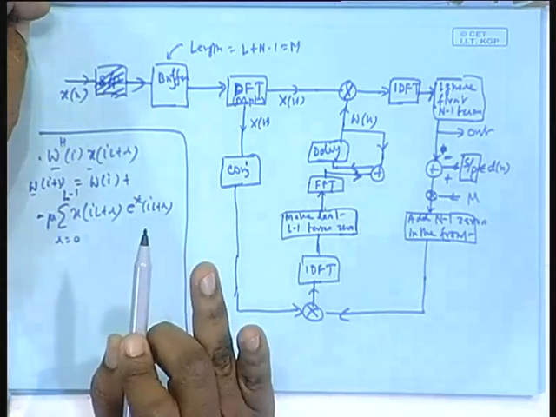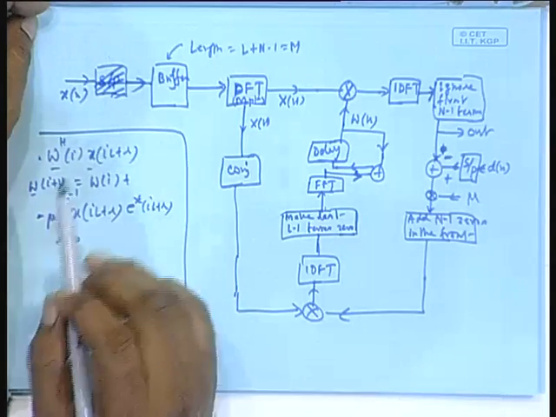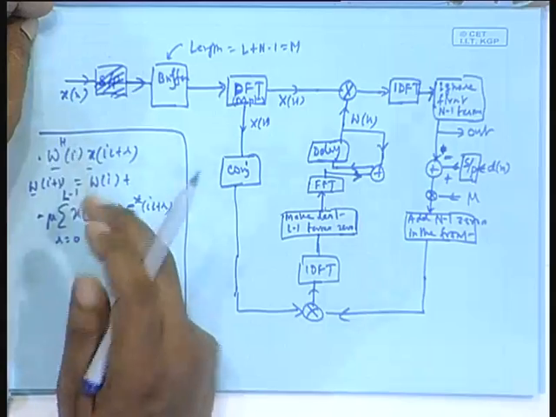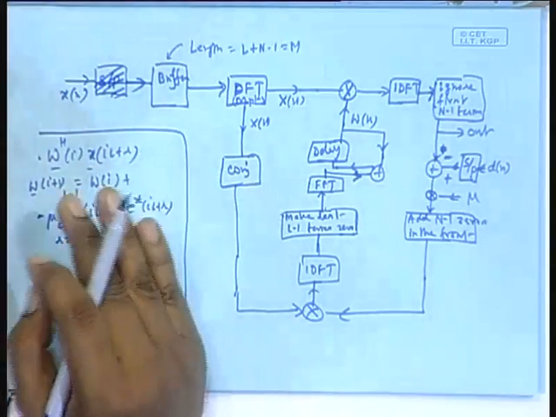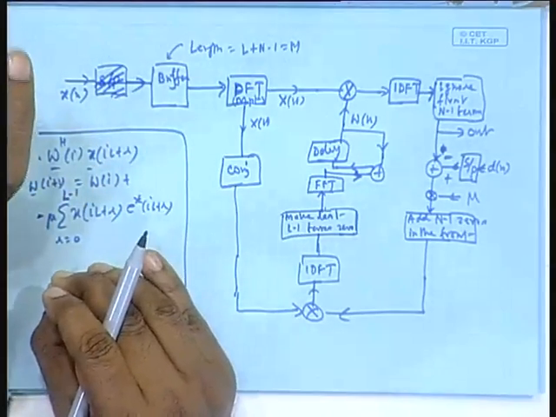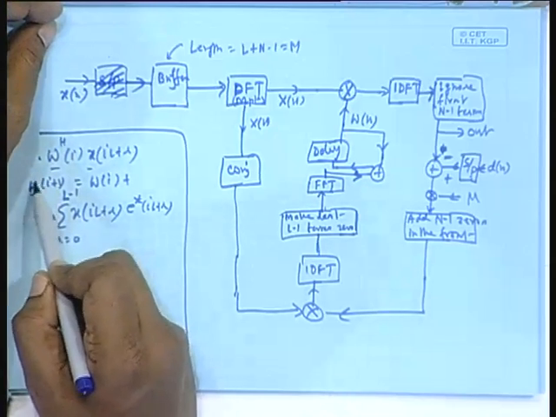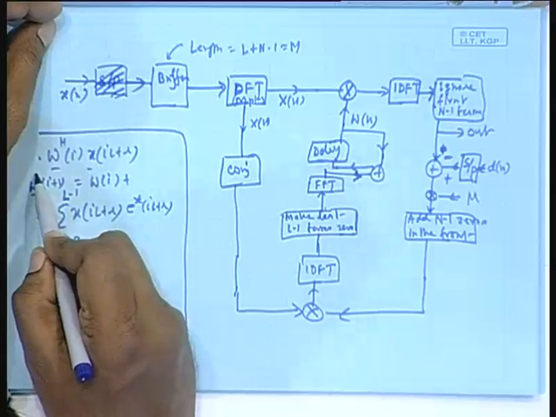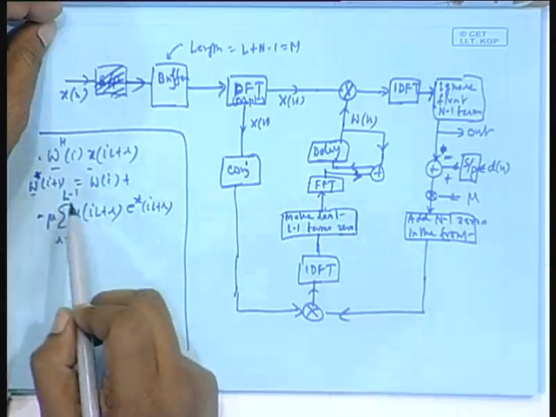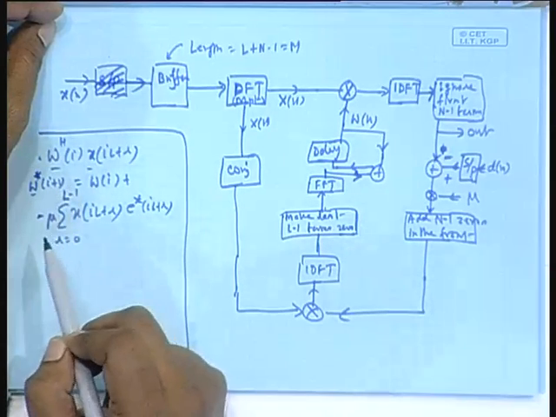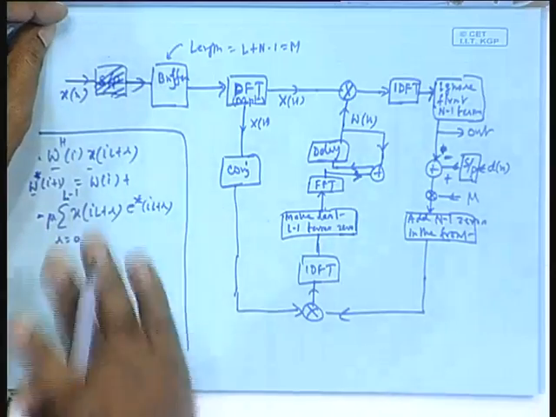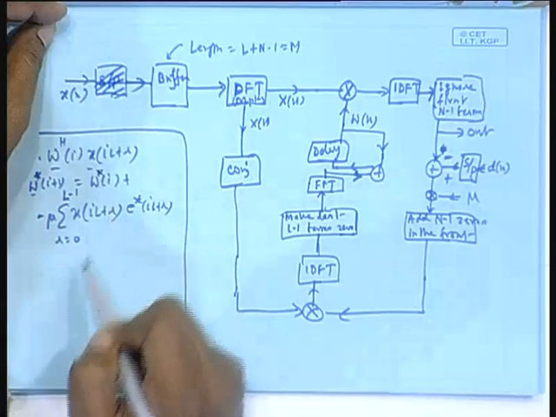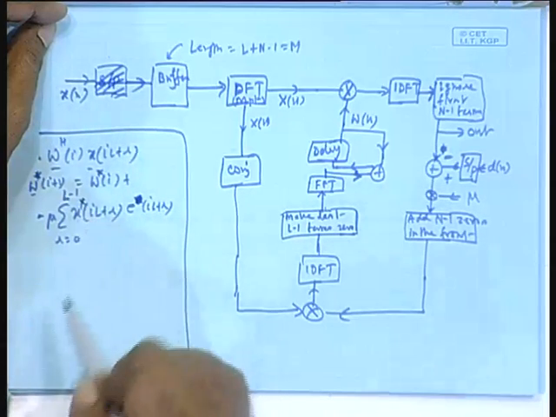Plus this, is it not? But in the filtering part you are not taking W, you are taking W Hermitian, which basically turns a column vector into a row vector, but with the conjugate of each element used. Suppose in the weight update itself I take the conjugate, as a time domain operation. Instead of finding W of i plus 1 and then taking the conjugate, let us update the conjugates only. So, this is star, and this star will go here.